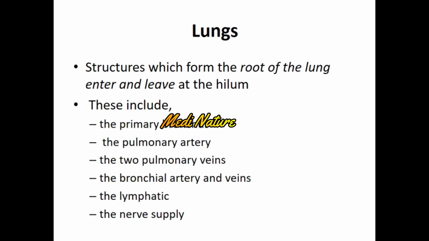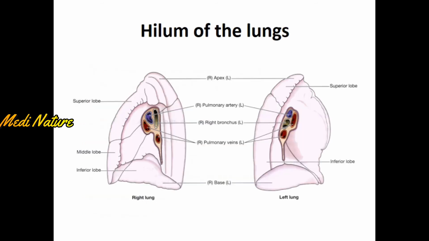The structures which form the root of the lung enter and leave each lung at the hilum. The root of the lung includes the primary bronchus, the pulmonary artery, the two pulmonary veins, the bronchial artery and veins, the lymphatic vessels, and also nerve supply. In this image, you can see the hilum of the lung from where the root of lung enters and exits